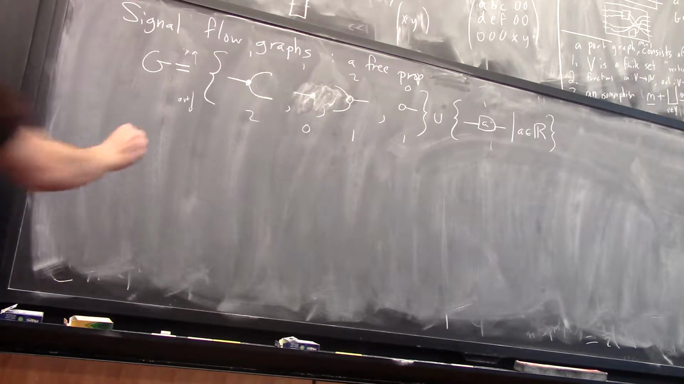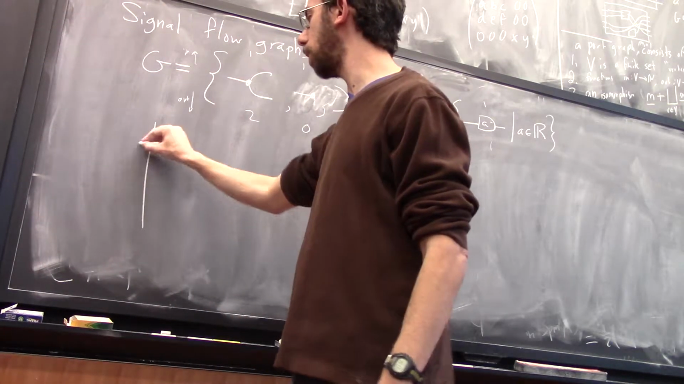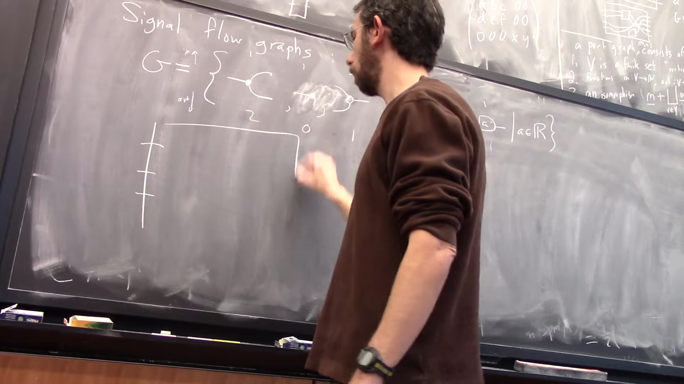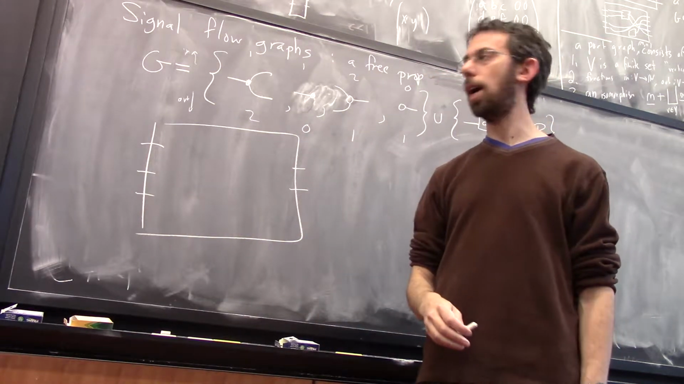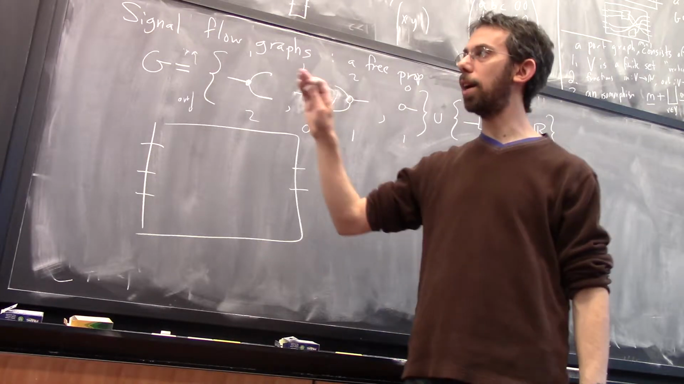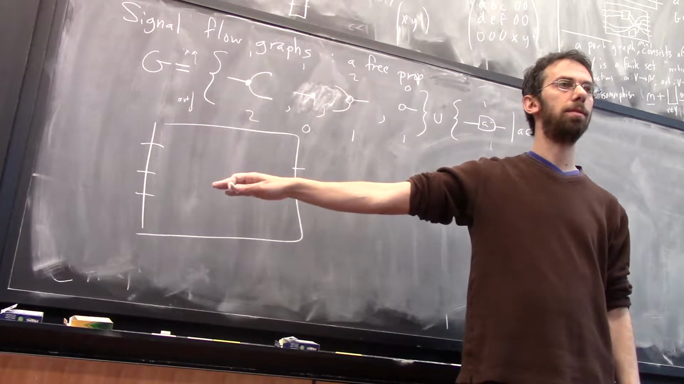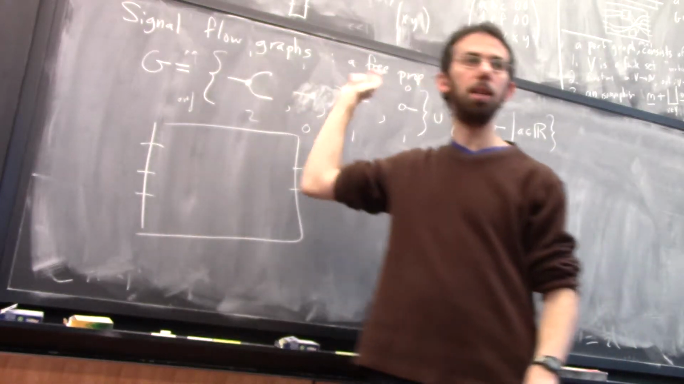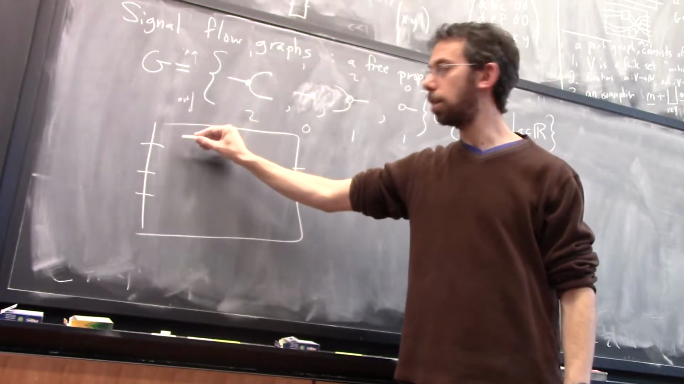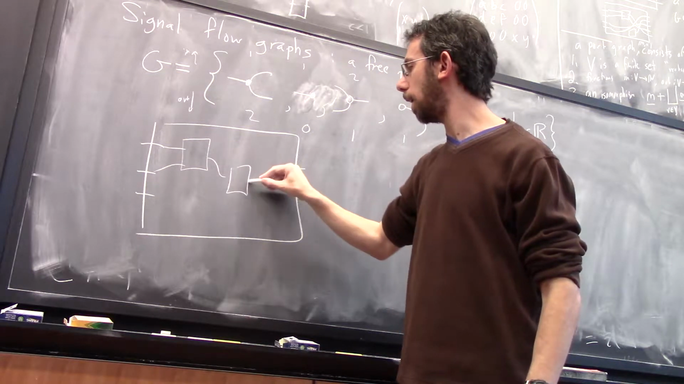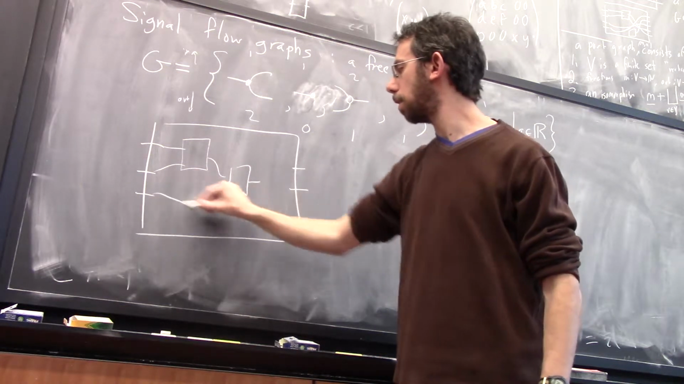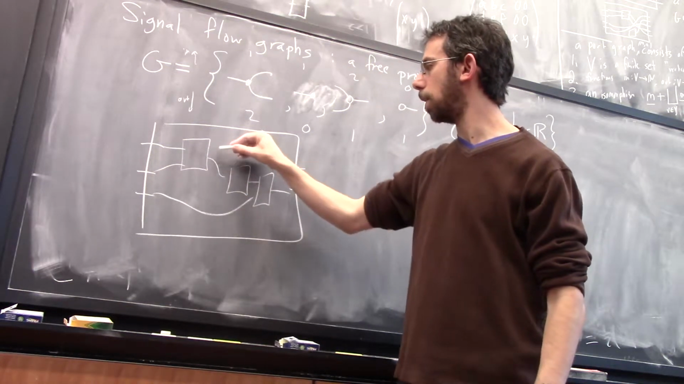The free prop, what are the morphisms from one set to another set? Sorry, from one natural number to another. They're all the ways I could draw a labeled port graph with these as my labels. So I could go that, and that, and that, and